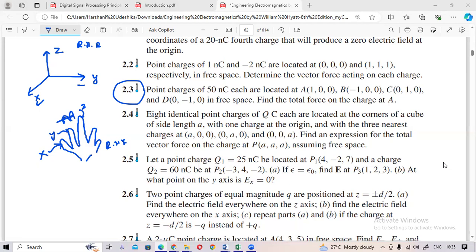So this is the x-axis, this is the y-axis, and this is the z-axis. In spherical coordinates, this is r, theta, phi, and in cylindrical coordinates, this is